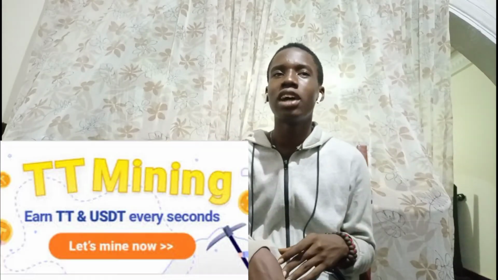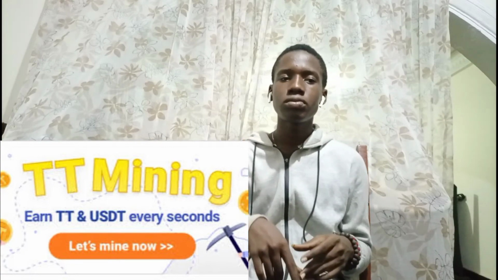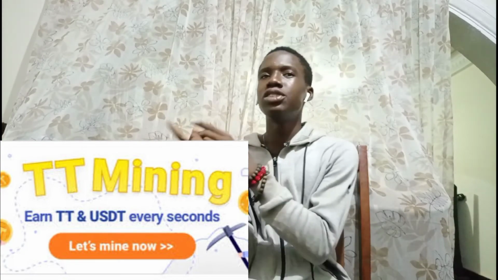Once you download the app and finish, you see the interface on the screen right now. You just click get start mining. It doesn't actually display where you are going to insert my referral code immediately. So once you download the app, sign in with your email. Once you sign in, you click on start mining now.